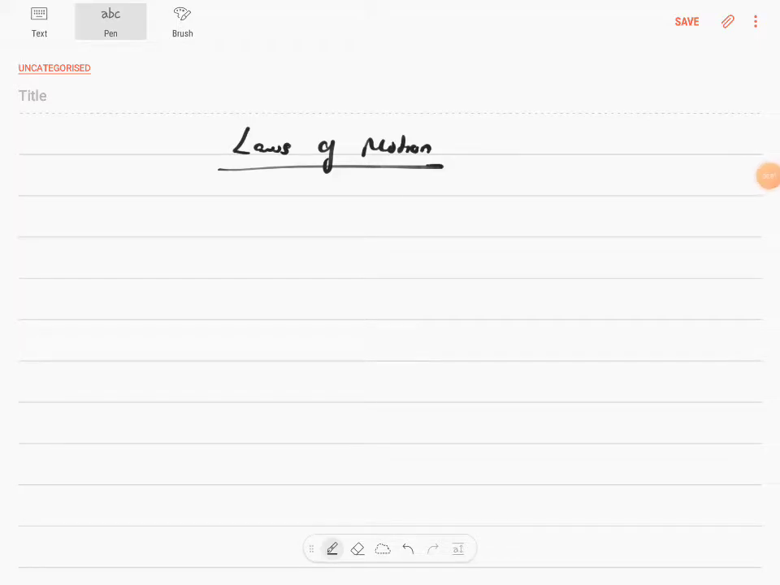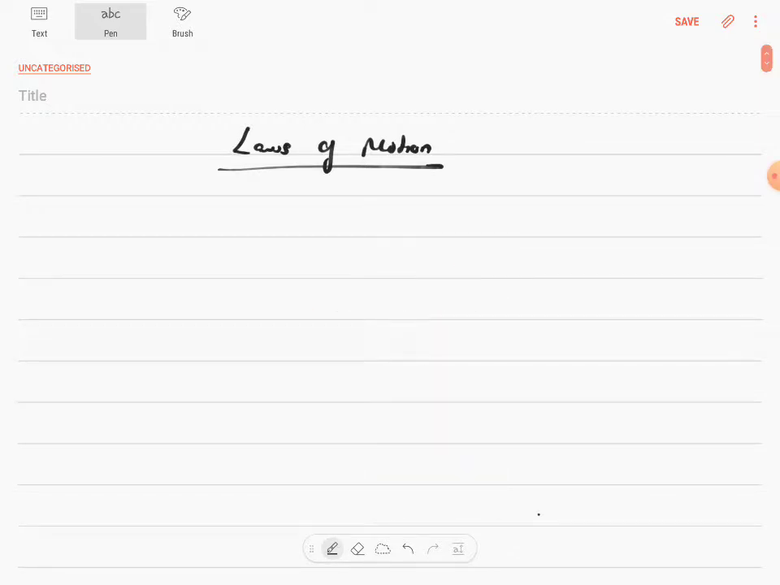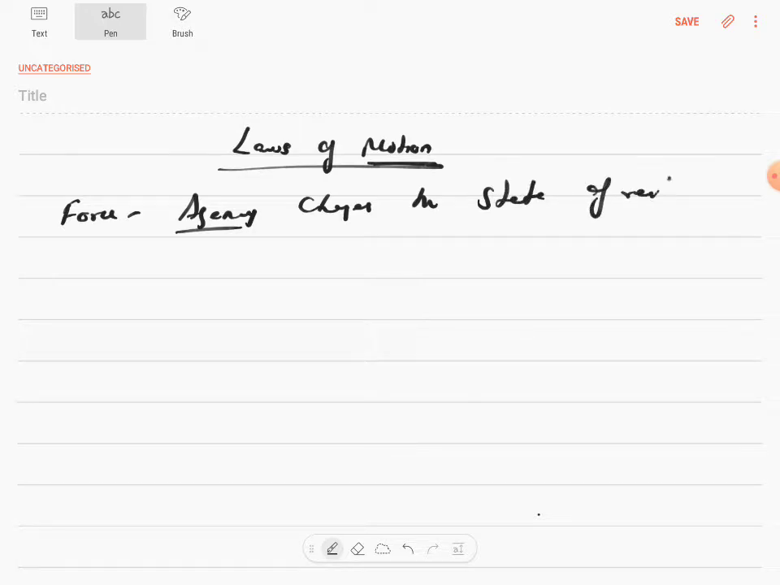So the first thing that I'm going to teach you is laws of motion. The moment I say laws of motion, what strikes you is to talk about a force, because anything which is in motion, force is responsible. So the first topic is force. Force is any agency which enables a body to be pushed or pulled or change its direction. So force is an agency which changes the state of rest or uniform motion